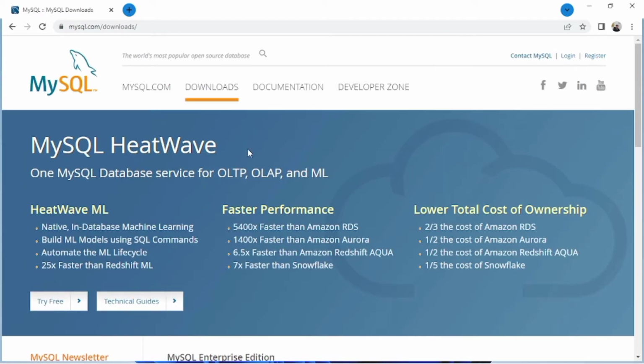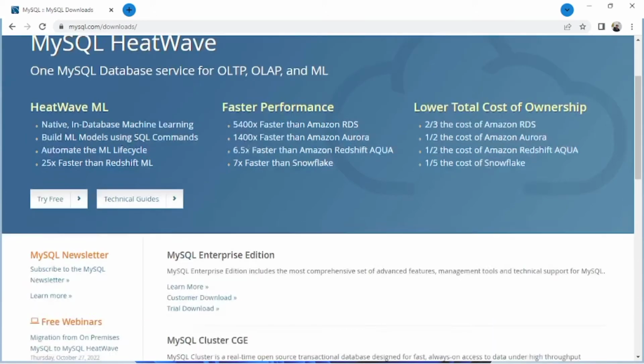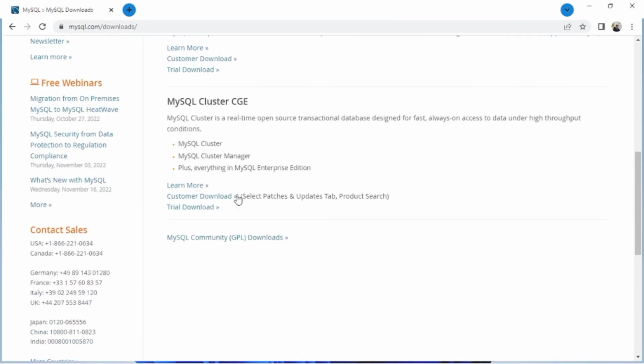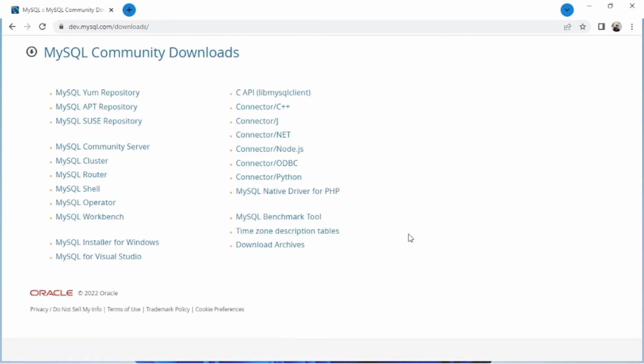After clicking, this page will open. Now scroll down this page and see the MySQL Community GPL download. Click on it. All MySQL products are available here. You can download anything. So we simply click on the MySQL Installer for Windows